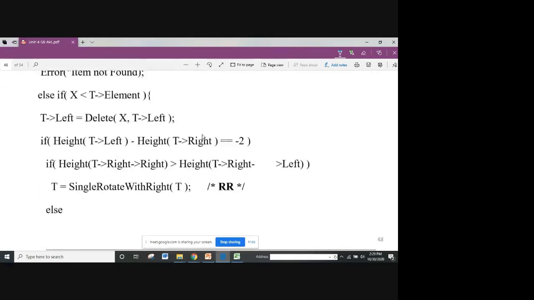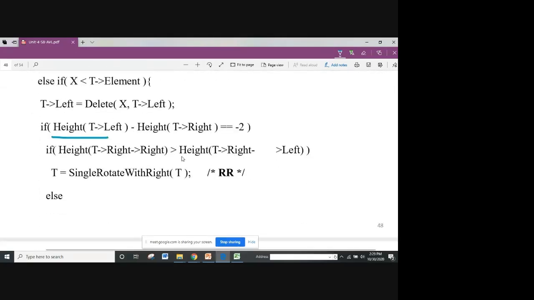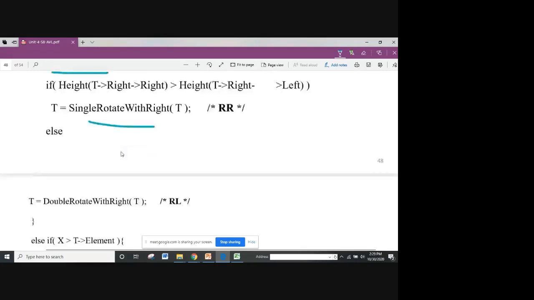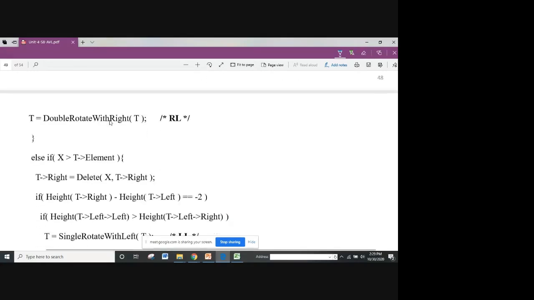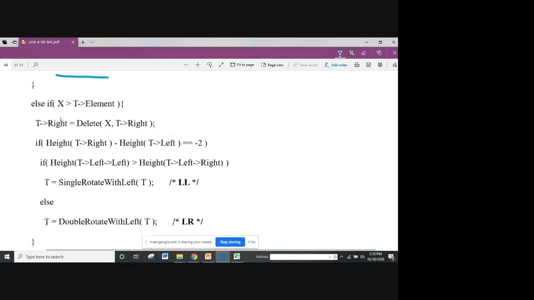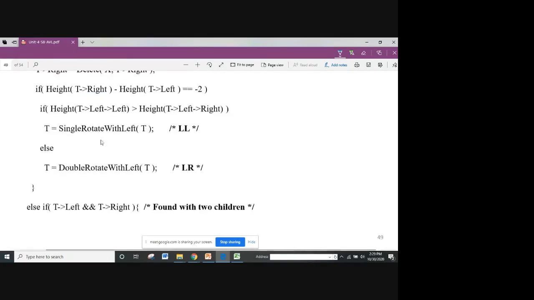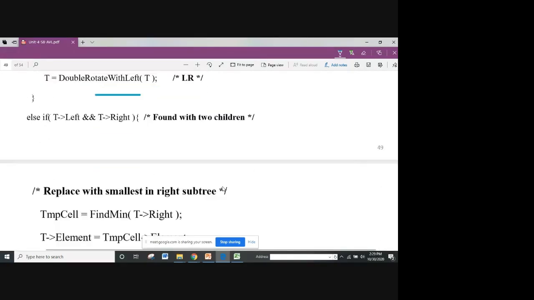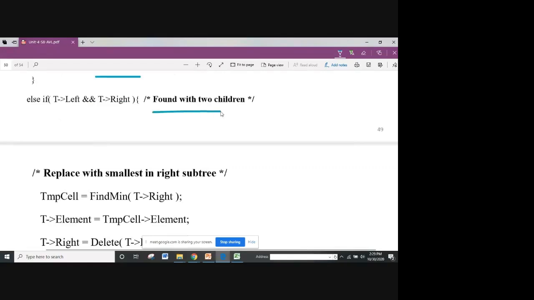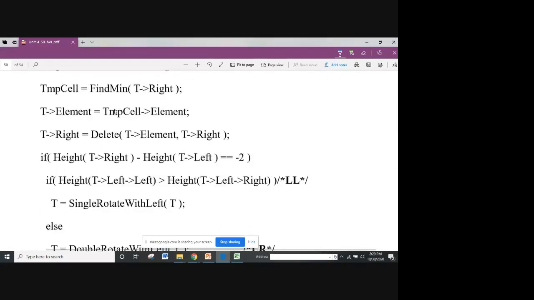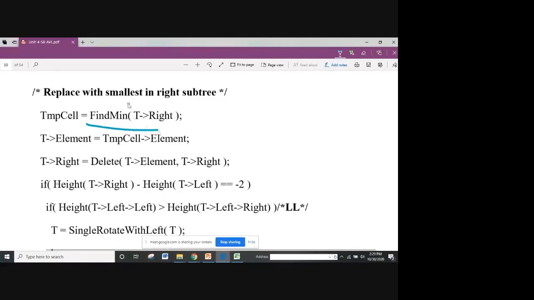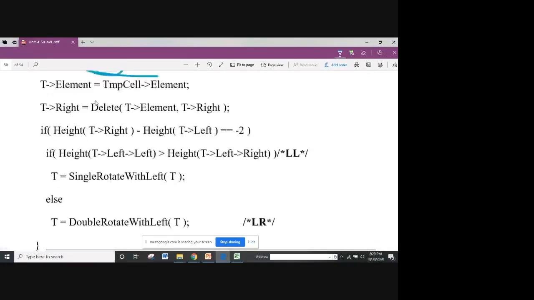So this is for finding the height, and the same thing is given once again here. With single rotate, called double rotate. If it is greater, again with left, left. Now else if both are found, with two children to be deleted, replace with the find minimum. Find minimum means you find the minimum in the in-order traversal, and replace with the